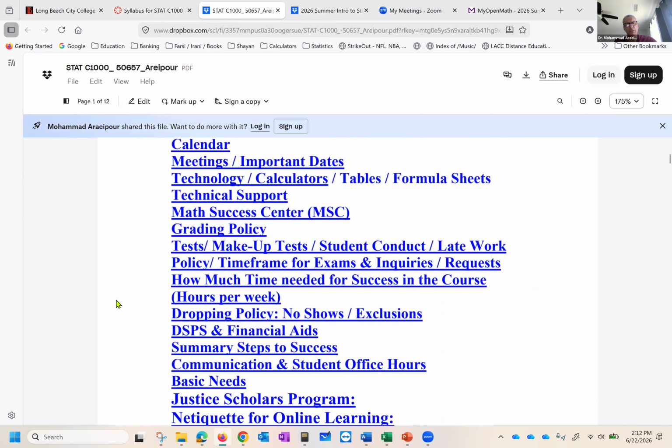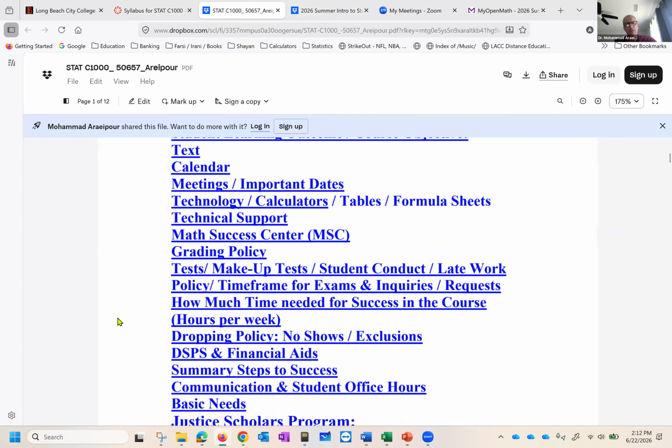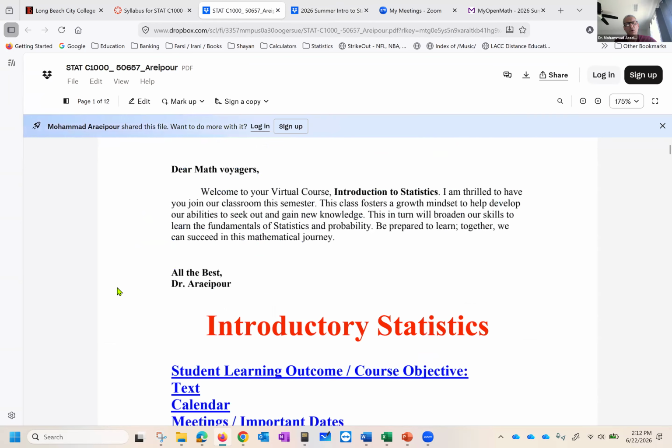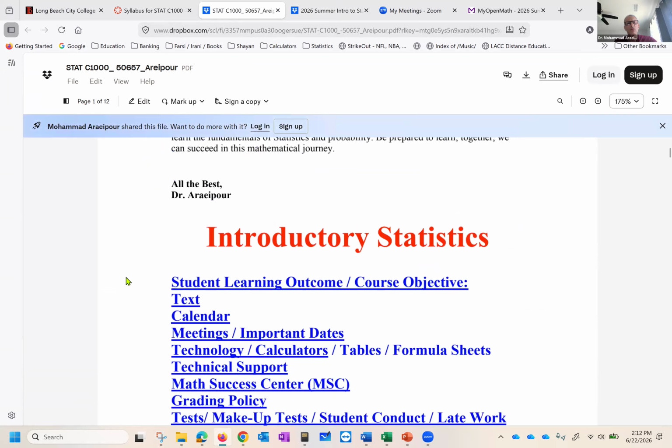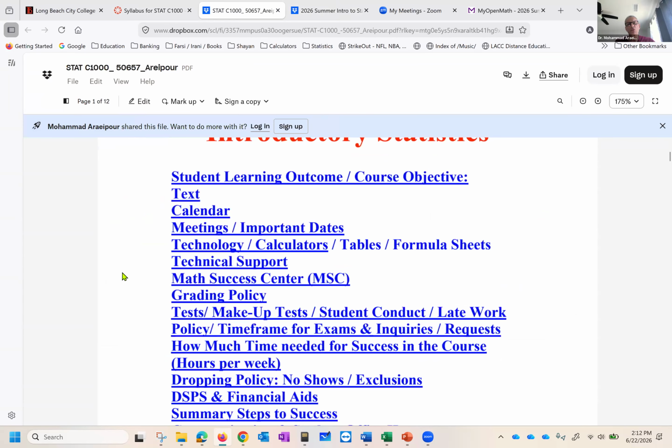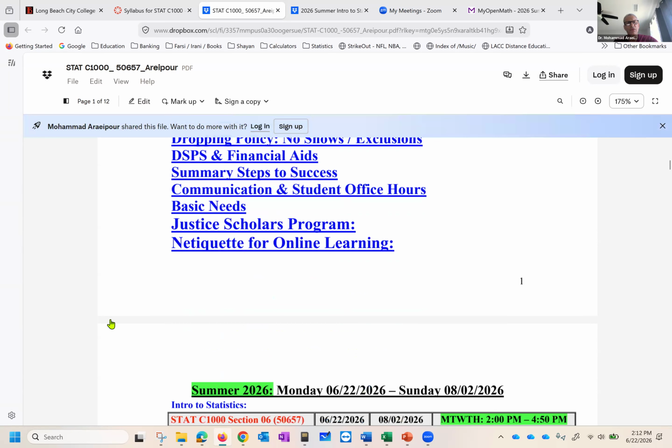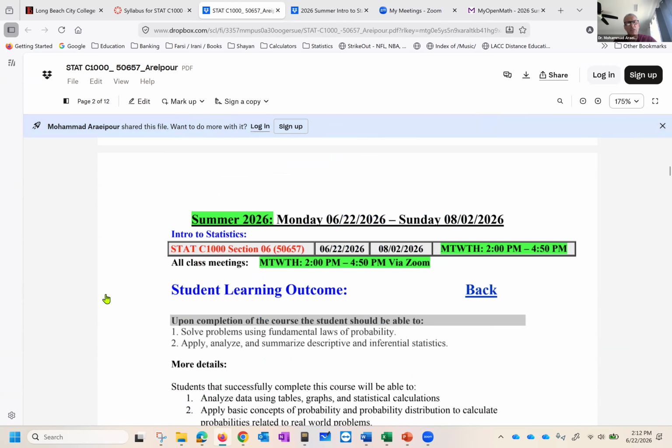And now the syllabus, as you can see, it's pretty long. Nowadays, syllabi are really long. First, of course, welcoming you to the course. So I put them in this format. You can go to a topic of interest, okay? For example, you can go to the grading policy if that's what you like. But I'm going to quickly spend a couple of minutes, go over this, and please, if you need to come back and refer to a specific topic, please do so.